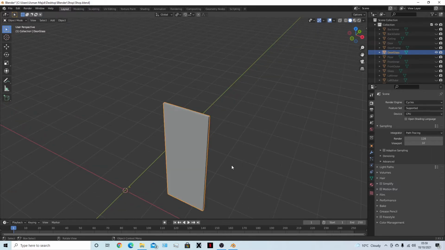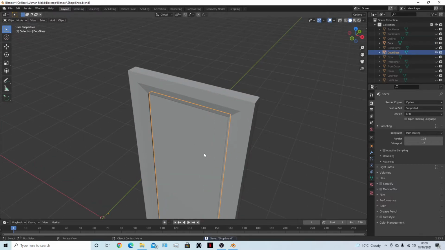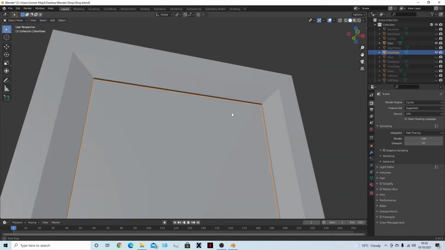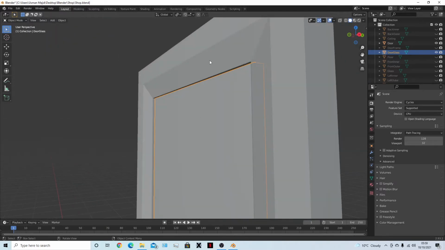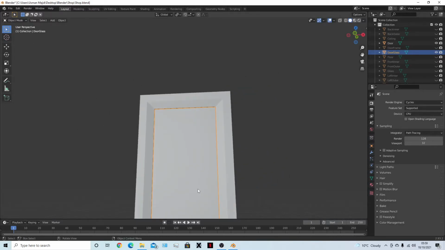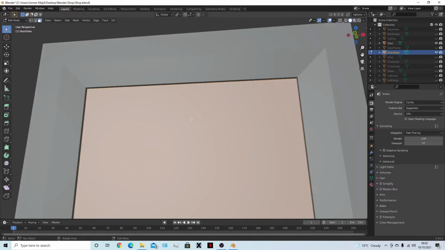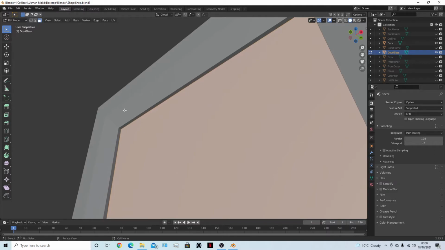Okay, so now what I can do is bring the door back, and you can see it's right at the edges, and the door has creases inside it. Let's see, SY, yeah, come on, SY, yeah, it's working. I think this happened with the windows as well, but